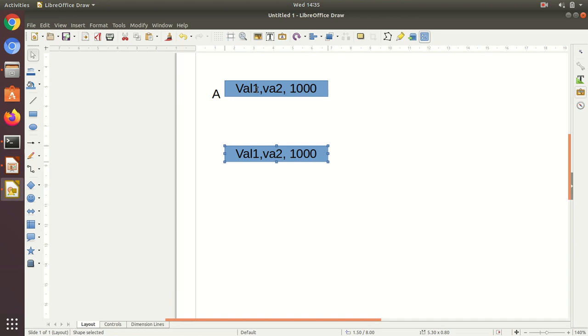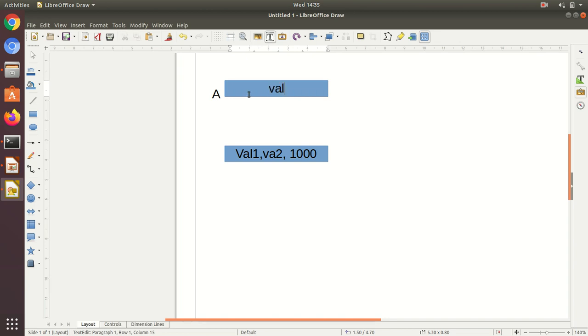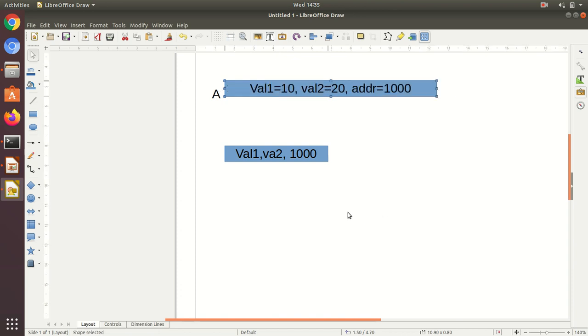Let's say the first variable val1 equal to 10, val2 equal to 20, and the address, the dynamically created pointer, let's say addr is equal to 1000. That will make it clear. Three members are there, and when object A is created, this happened.